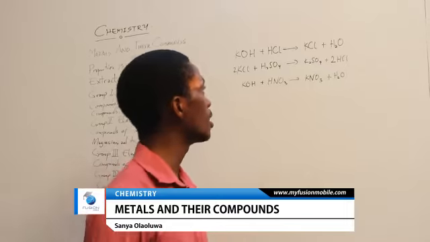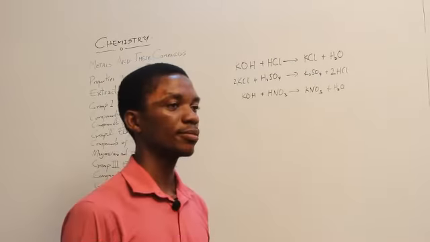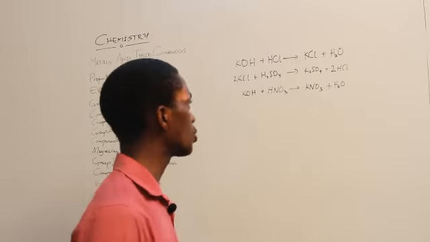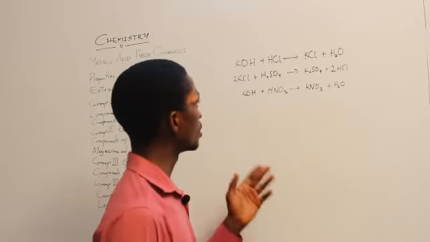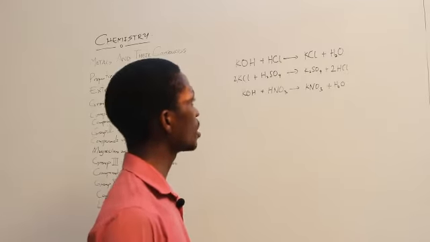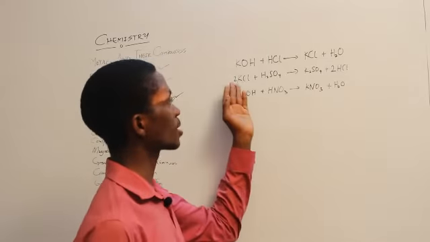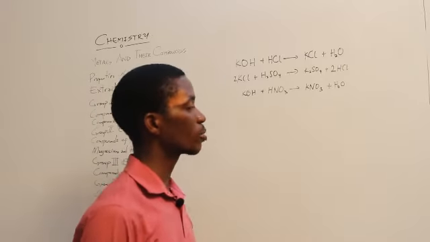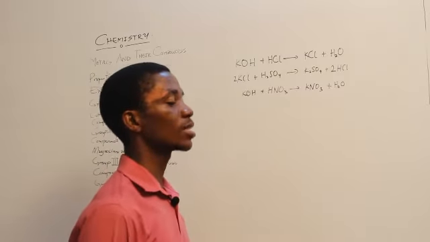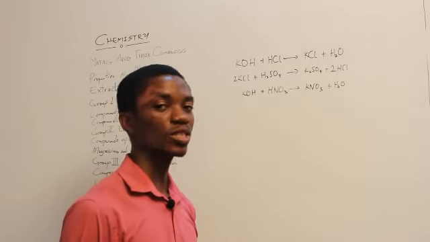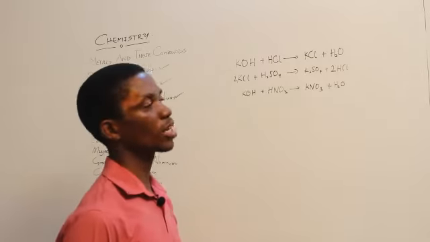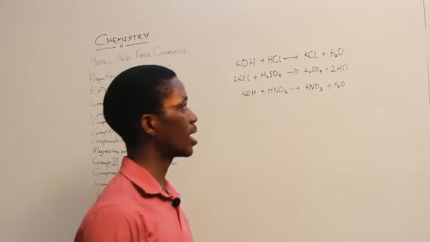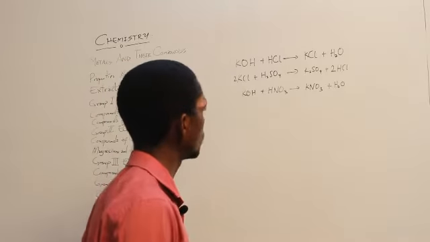It can be processed, and we can extract the potassium chloride from it. In the laboratory, it can be produced by simply reacting potassium hydroxide with sodium chloride. It can be produced by reacting potassium hydroxide with hydrochloric acid, and that would result in the production of potassium chloride, and water will be given off.